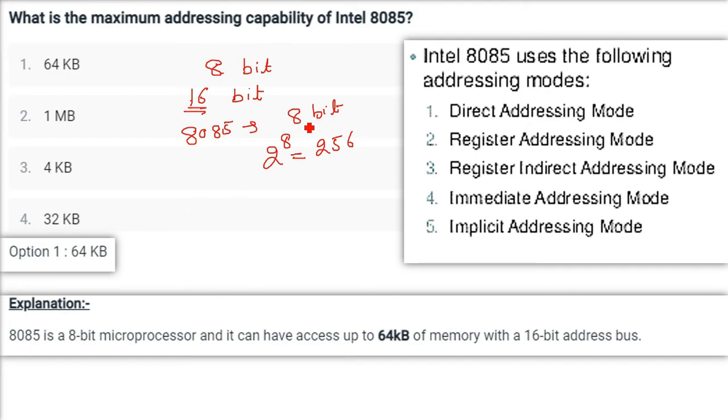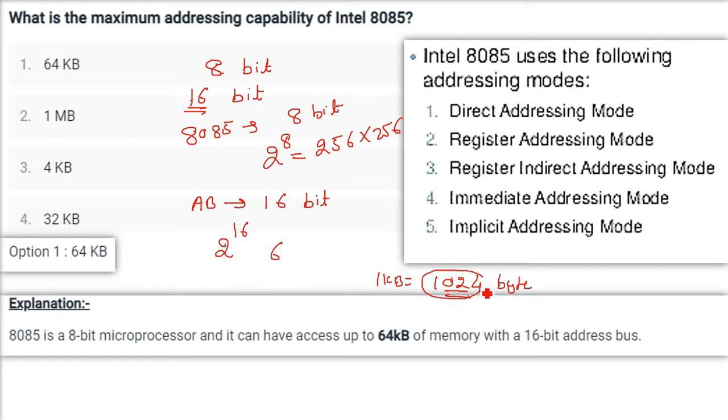When you take 2 to the power 16, 2 to the power 6 is 64 and 2 to the power 10 is 1024. You can count it as 1000 also. So that comes to 64,000, and you can call it 64 KB, kilobytes. But here is a catch. Whenever we talk about memory, 1000 is not equal to 1024, because 1 KB is 1024 bytes. Still we call it 64 kilobytes, and here kilo is 1024, not 1000. So 8085 is an 8-bit microprocessor and it can access up to 64